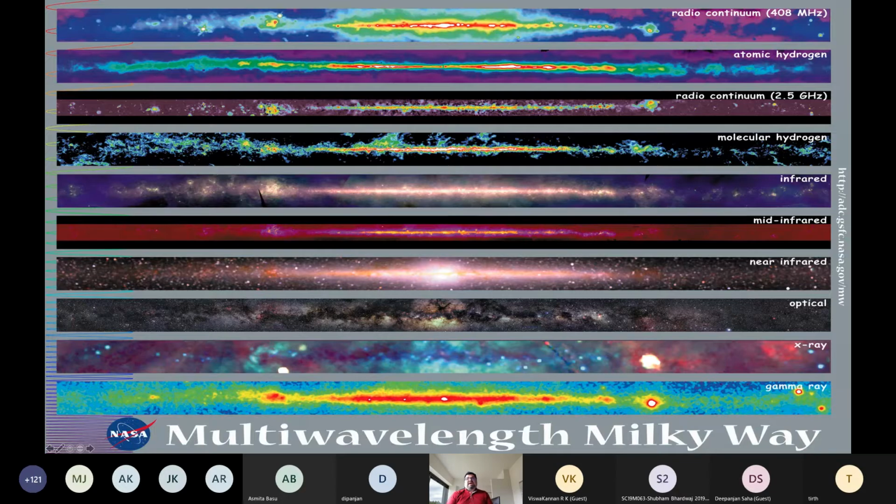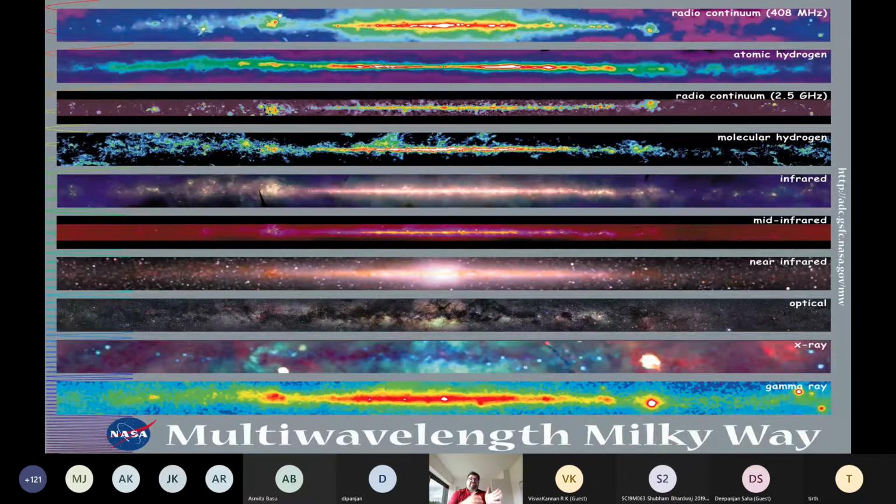Moving on, just as a motivation if you are an astronomer of a different wavelength, science is everywhere in different parts of the electromagnetic spectrum. This is a classic picture of our galaxy, observed from radio continuum at 408 megahertz up to X-ray, gamma ray, and so on and so forth. So you can observe a single cosmic source in different wavelengths, and you can gather information from different parts of the wavelength band. And when you put it together, you can make a total picture of that particular source.